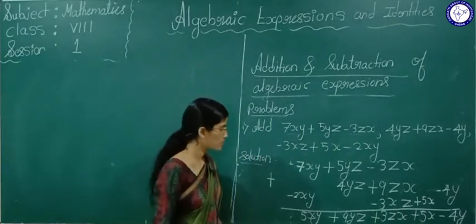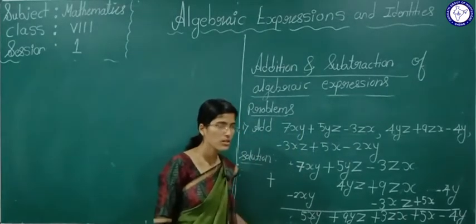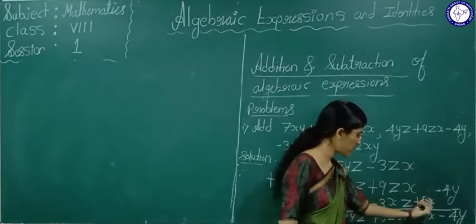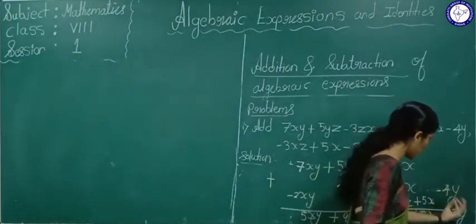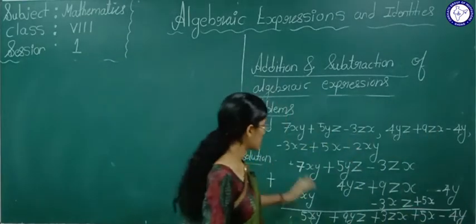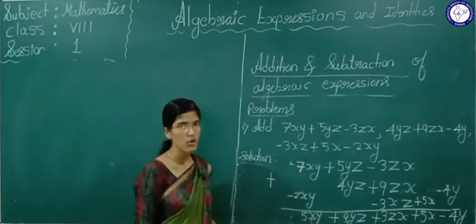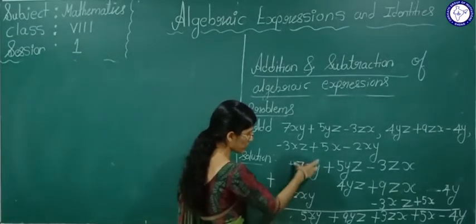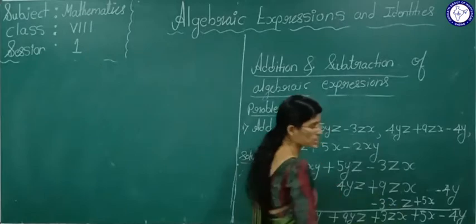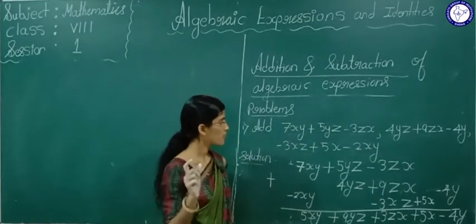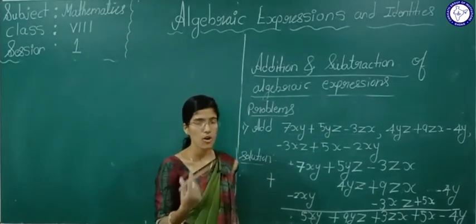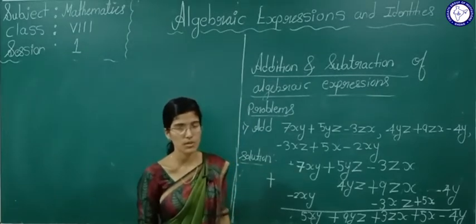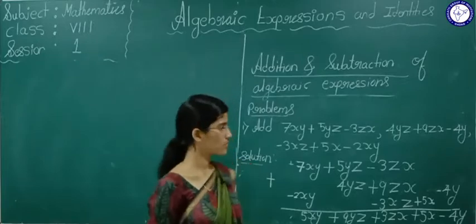So we only have to perform the operations on like terms, okay, and unlike terms we keep as they are. Here plus 5x is the plus 5x, minus 4y is the minus 4y. So this is nothing but the column method. Column method means we are writing like terms in one column like this, okay. This is the column method. If you want, you can do it by the horizontal method also. It's your wish. If you want to do it in the horizontal method, go for that also, okay.